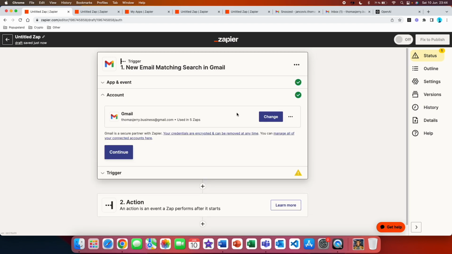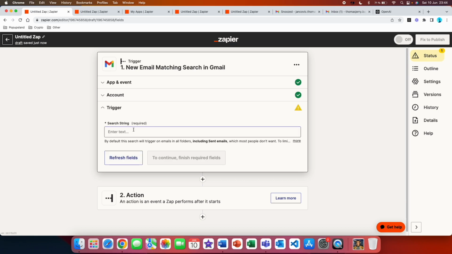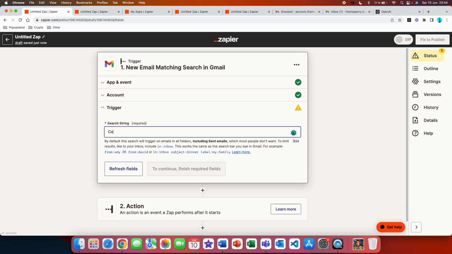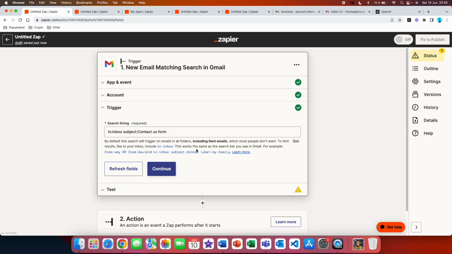Here you have to connect your Gmail account. You can either do it directly here. I have already done that. We can press continue here. And now we are going to set up when this trigger should hit. We could simply just type contact us form because that is the search string that can be found in our subject line. But as they are recommending us down below here, we are going to be a little bit more